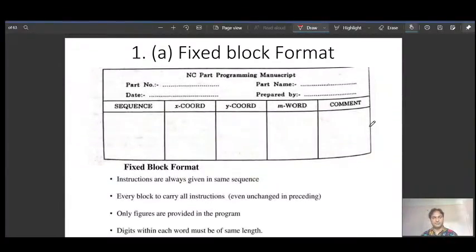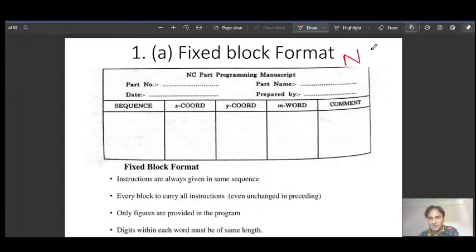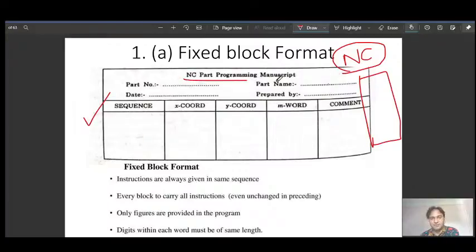In the first, fixed block format, see the format here. It was the basic format used in NC machines. In an NC machine, we have punch tape, and before making a punch tape, we make an NC part program manuscript. Based on that, the punch tape is prepared.